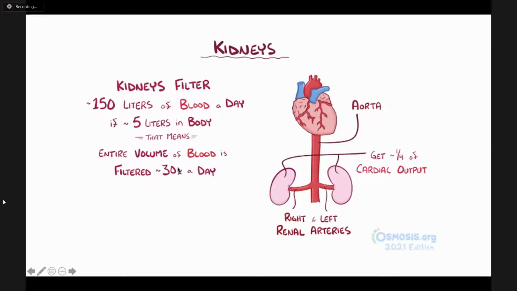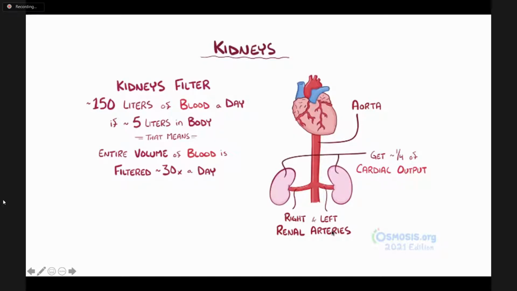So the whole blood is being filtered in less than an hour per day, right? So therefore, the kidney receives a lot of percentage from the cardiac output, about 25% of cardiac output from the aorta,